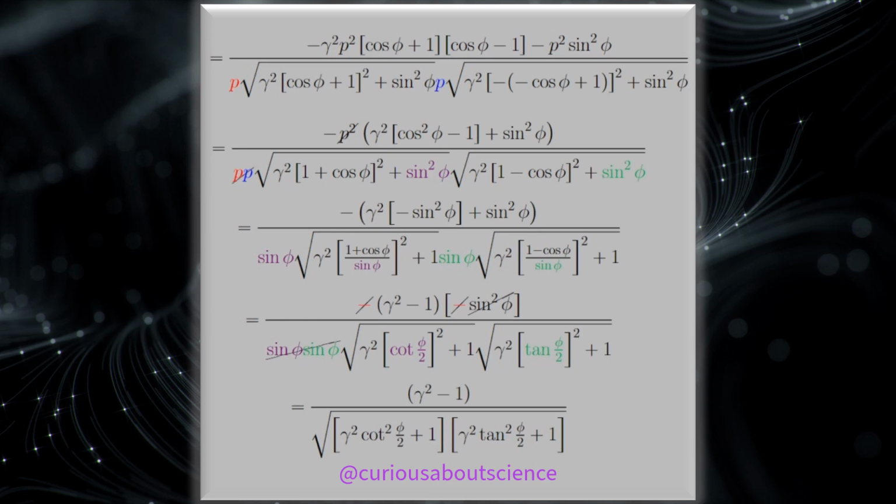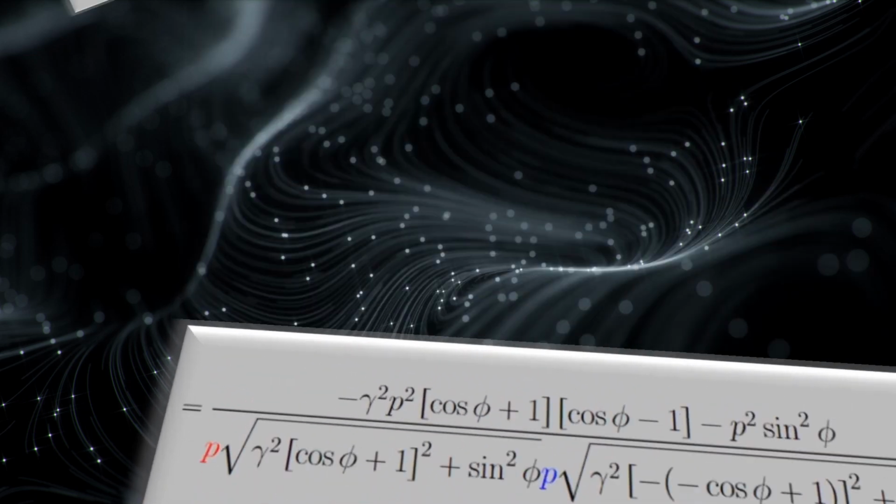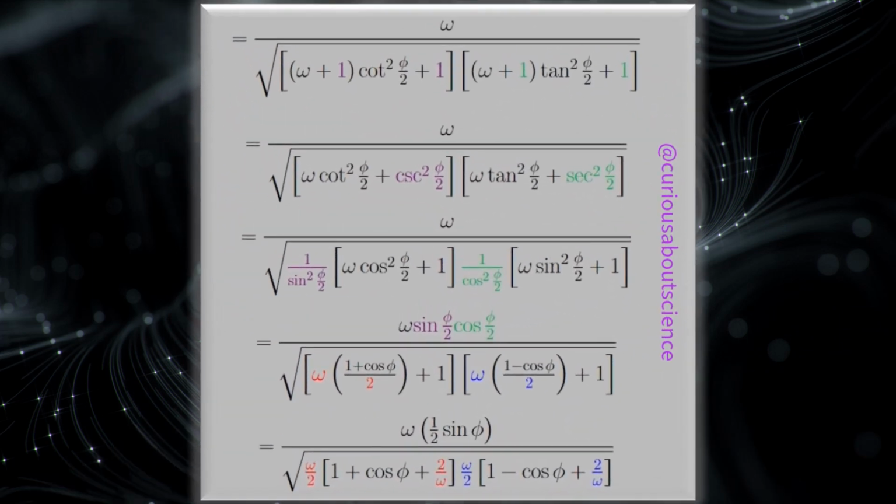We're not quite done yet. We need to tidy this up. We just see here that we can do a little more work. All right, so let's go ahead and make the substitution, get everything in that numerator to omega. And the reason we want to do that for the gamma squared minus 1 term was so we could plug this into the gamma squared term down here. So we had to add 1, of course. And when we do this, we get ourselves into another distribution of the cotangent. So we distribute the cotangent here, the cotangent to this one, and that leaves us with a cotangent plus 1,